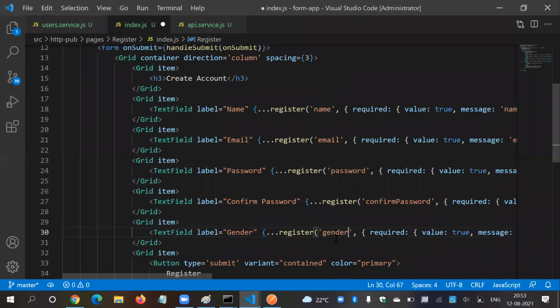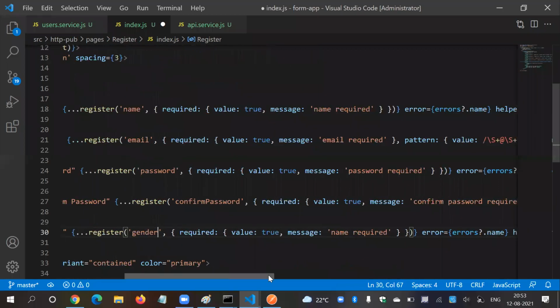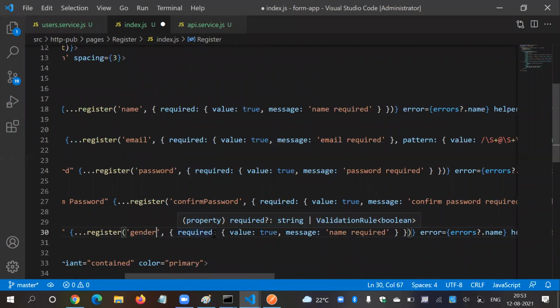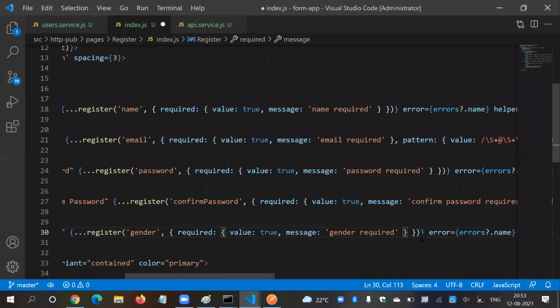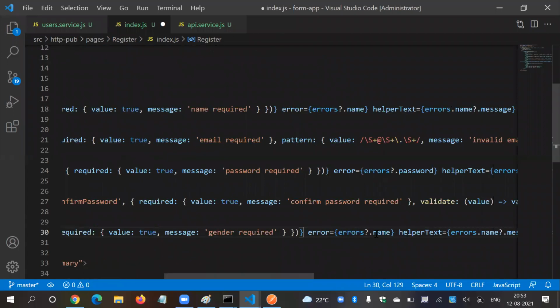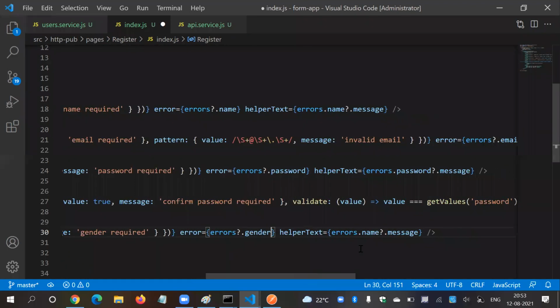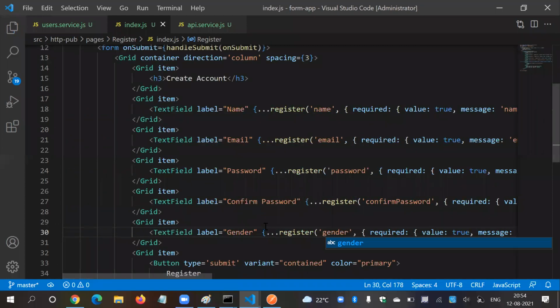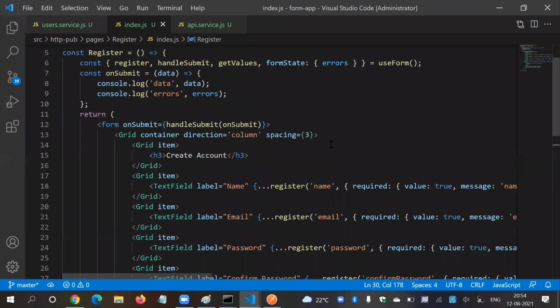But after some time, maybe once our API call is done, I'm going to replace this with a radio button. Perfect. So we have gender here.